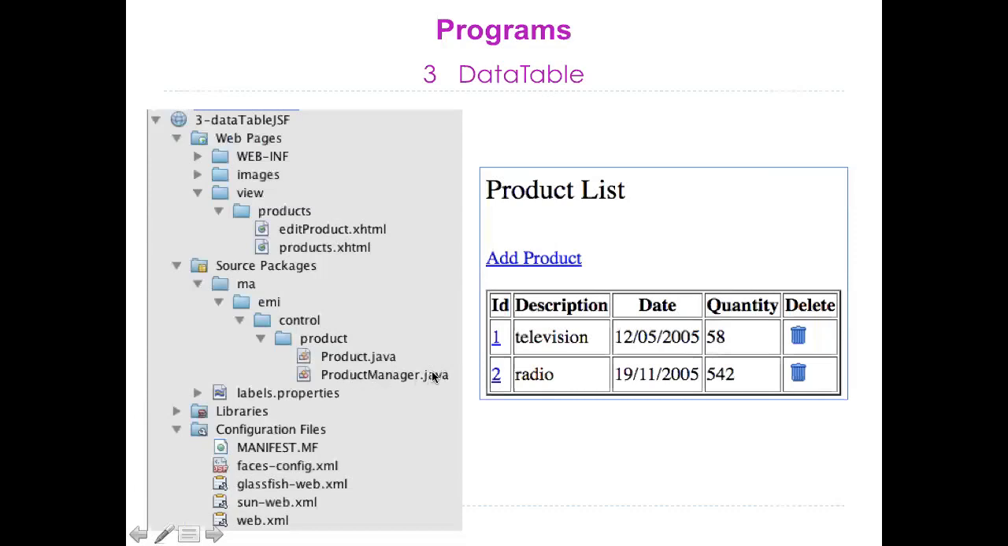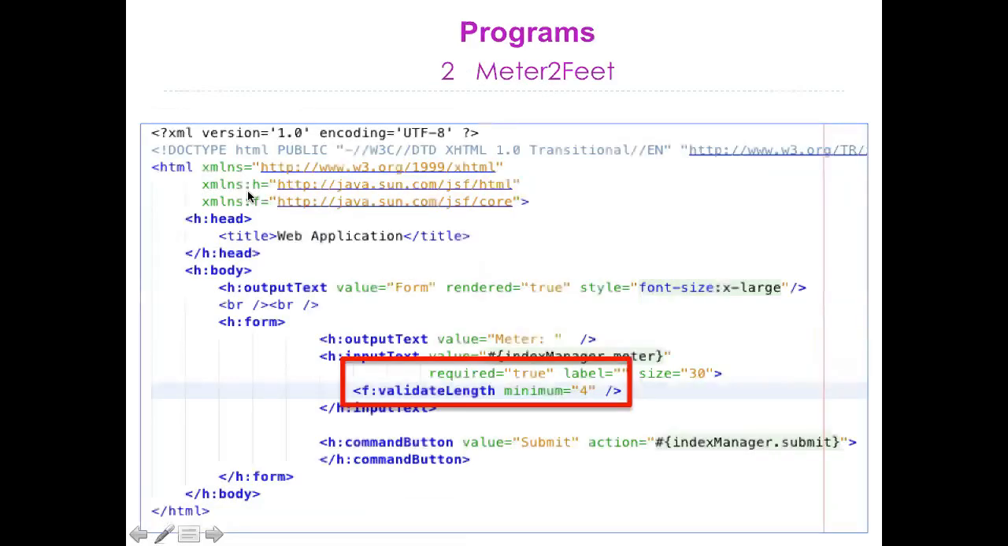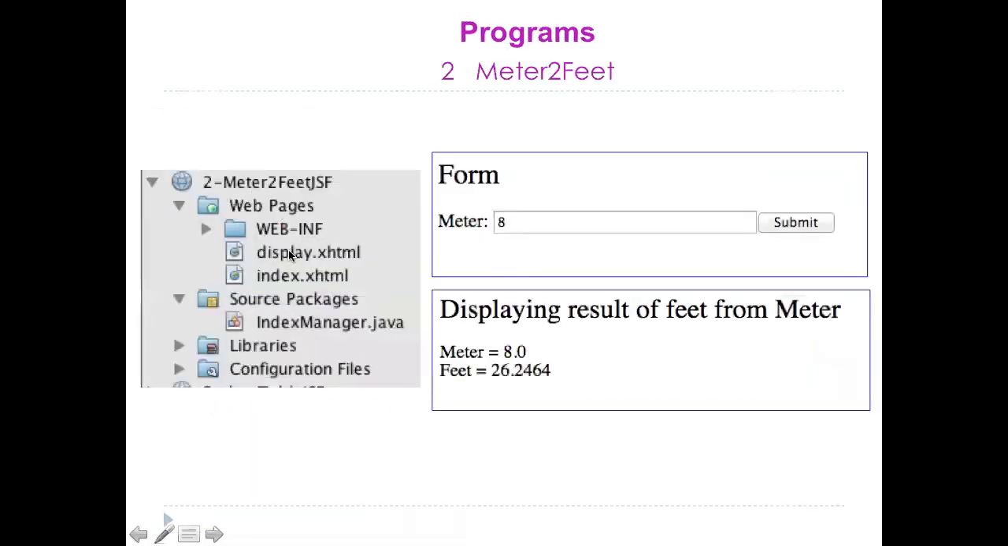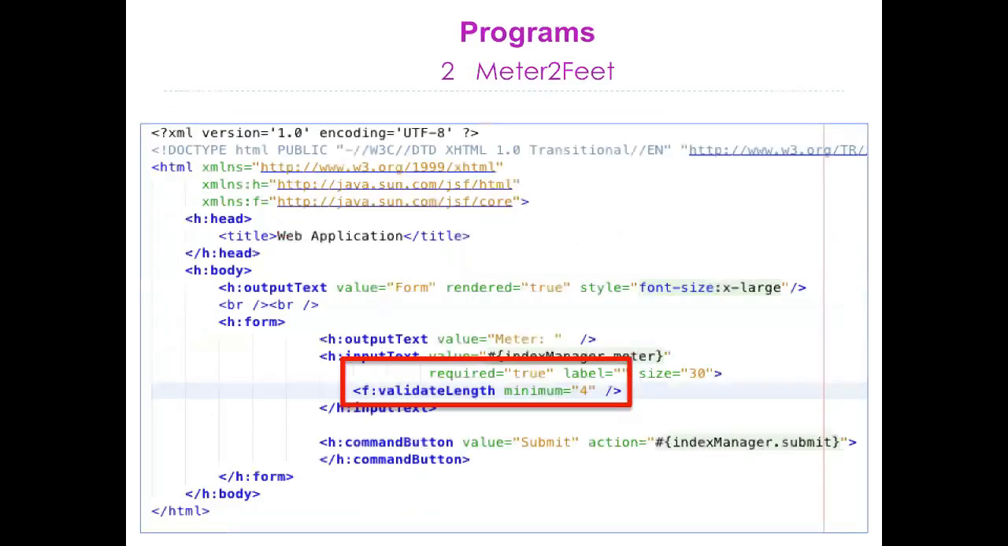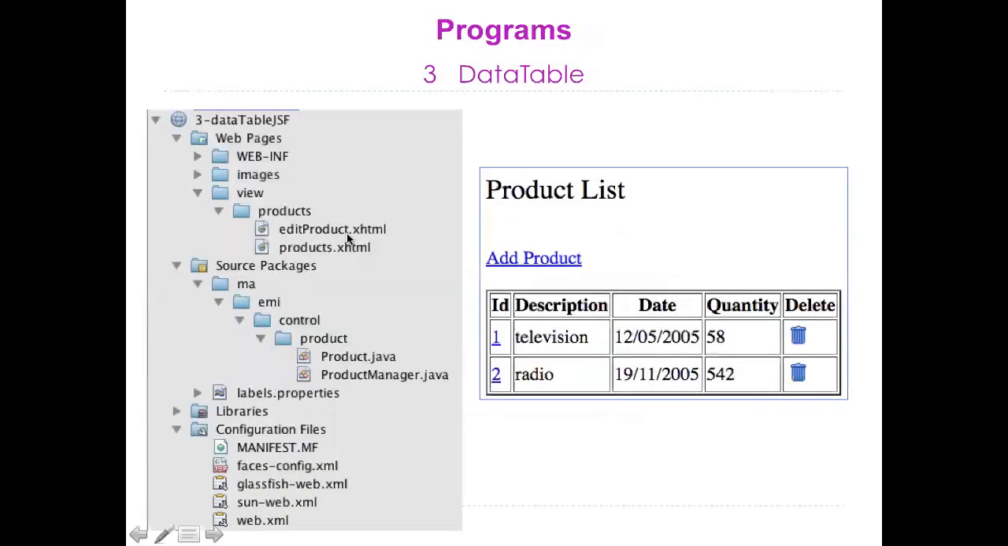It is enough to have one manager with these two views. Here, I'm also adding packages to show you simply that I can keep my project very simple, with my different views within web pages and my different managed bins inside my source package folder. Or, if I need more modularity, I can put all different views concerning products inside this